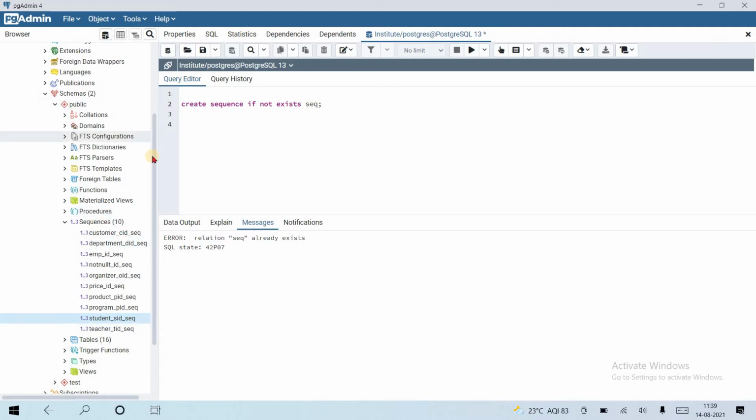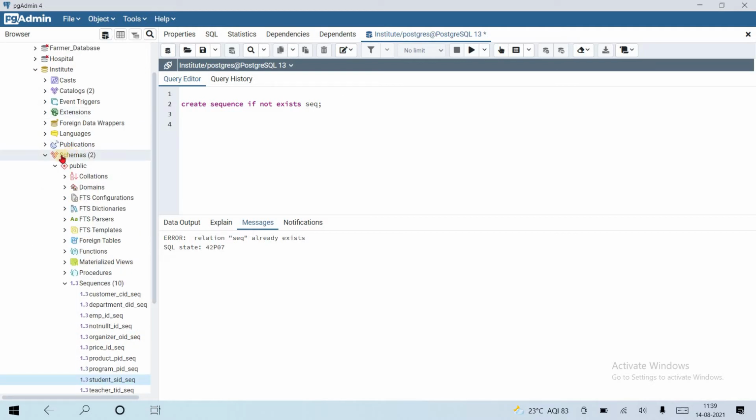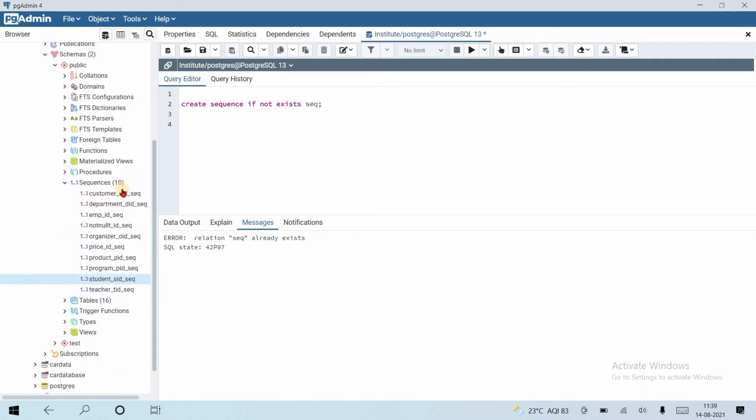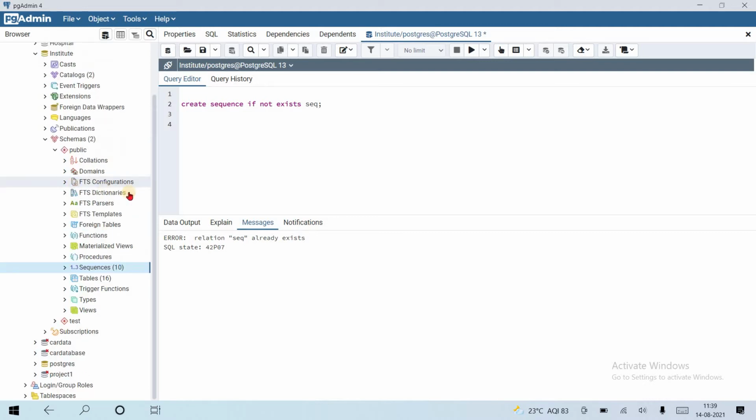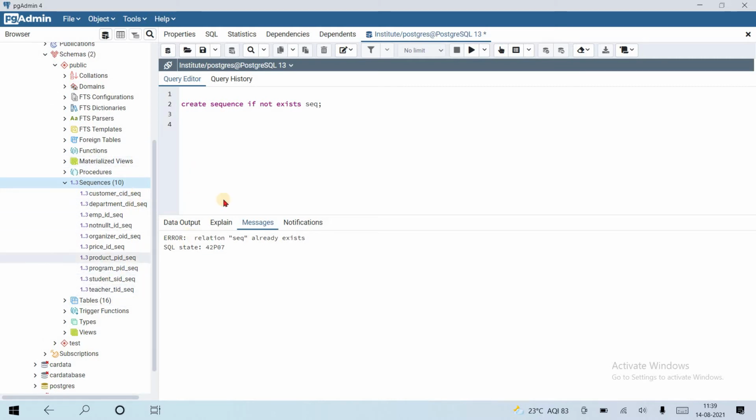If you come here in the database, inside schemas and in the public schema, the sequence is here. All the sequences for the schemas are here. Okay, let's see. There are some functions to use a sequence. The function is the nextval function. Suppose sequence nextval followed by brackets and the name of the sequence. This is the syntax.